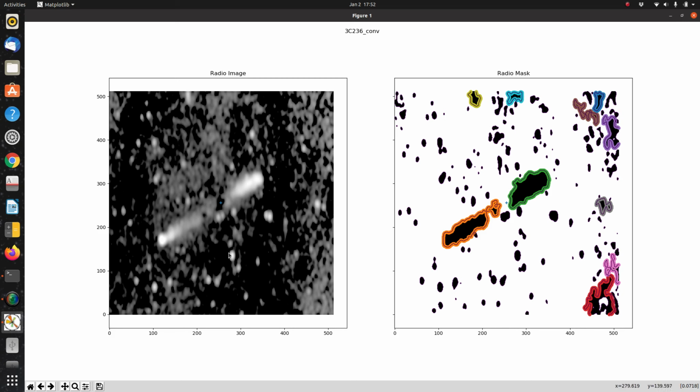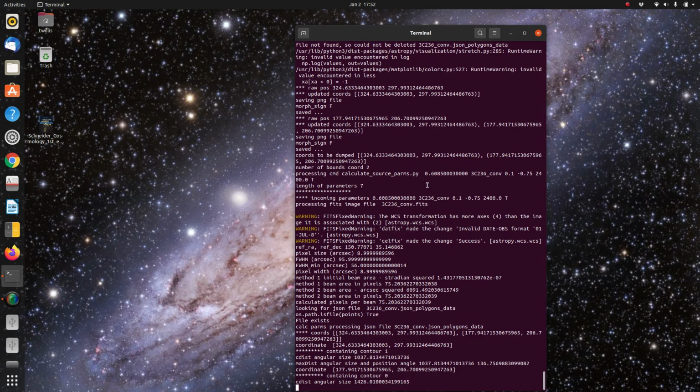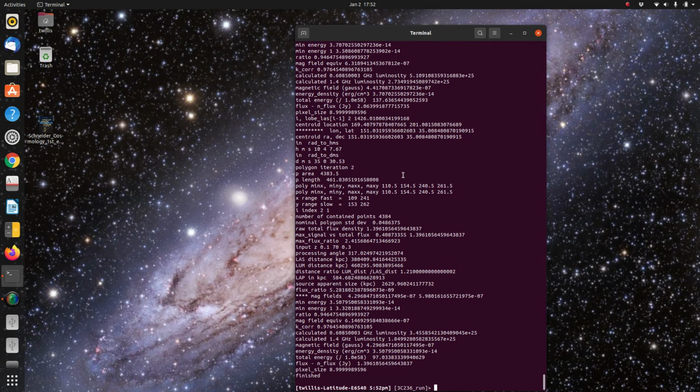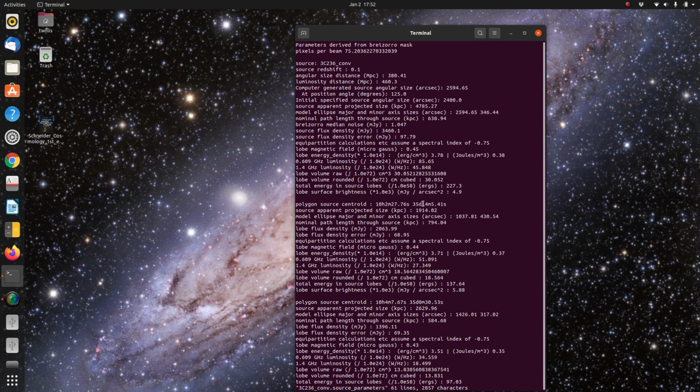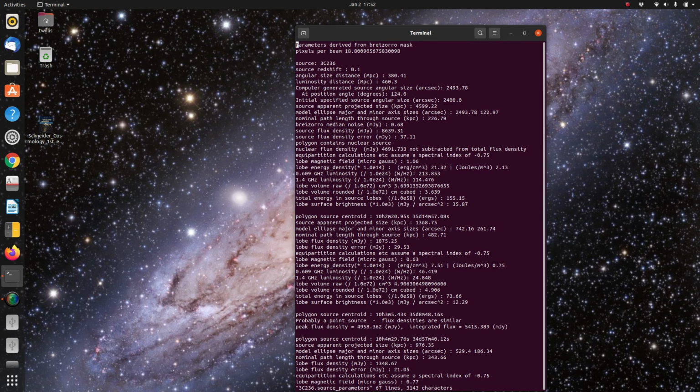and south here. But that doesn't really affect our masking process, because we can just click on these two objects, and the get galaxy parameters object will then take these two lobes and compute the source values. Now if we then look at the parameters file, let's just look at the original one. It's easiest. So this gives the name of our source. It gives us lots of information about the